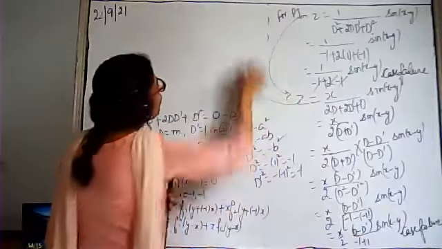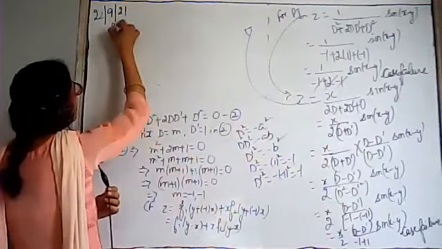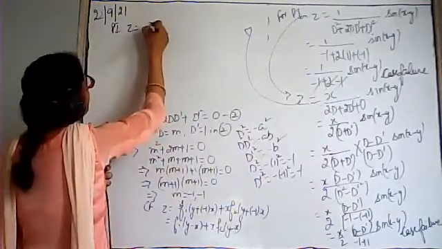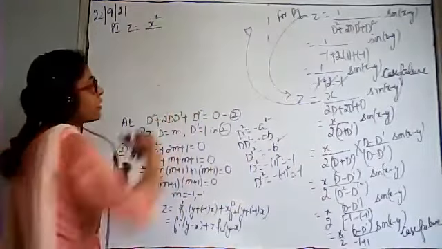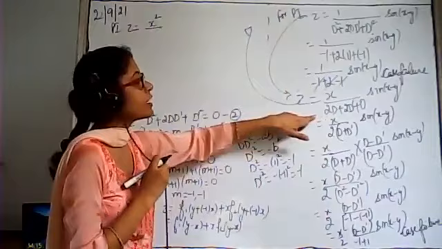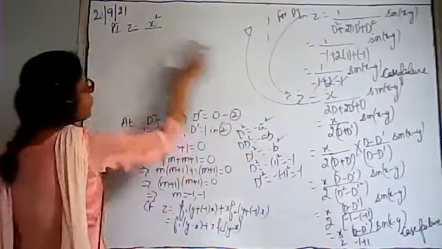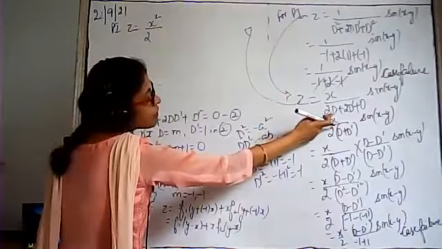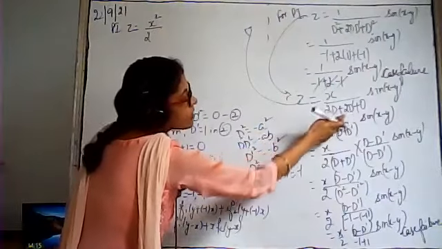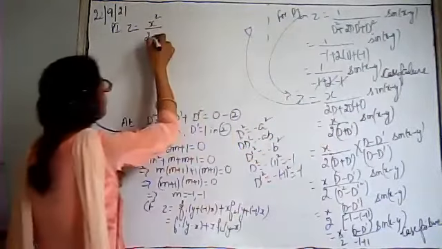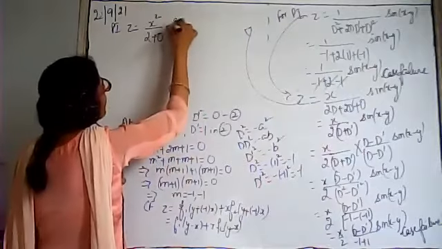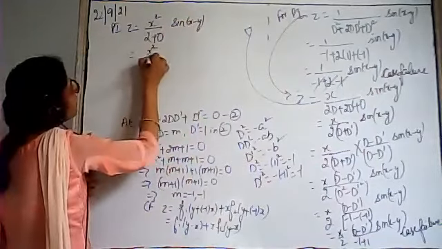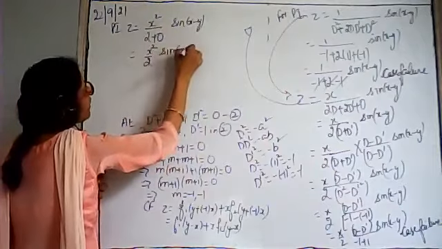In this term, we again have to write the particular integral, that is z. Here we have x. Again, we have to multiply with one more x in the numerator and differentiate the denominator with respect to d again. If we differentiate this denominator with respect to d, it will be 2. And differentiation of d with respect to d will be 1. This term is constant in case of d, so differentiation of 2d dash will be 0. And sine of x minus y will remain as it is. It will be x square upon 2 into sine of x minus y.